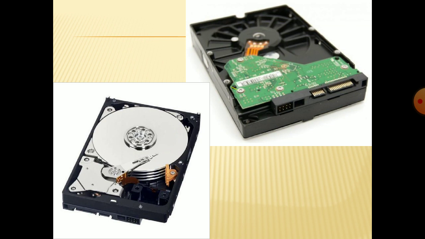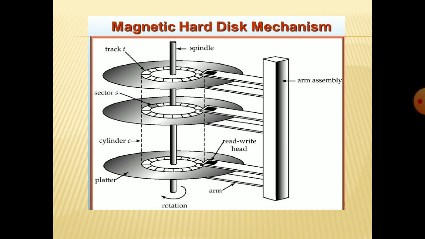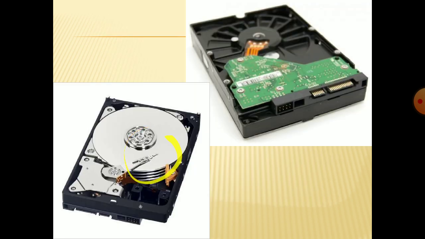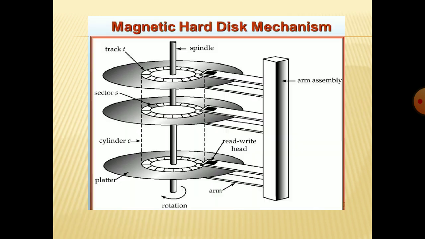These are the two example pictures I have shown you of how the hard disk looks. Can you see this hard disk? Here these are the different layers I had taken. These all are combined like this. After combination it looks like this, and we use an arm assembly which helps to hold this rack of magnetic disks, that is the hard disk. Done? So this is called the arm, and this is called the read write head.